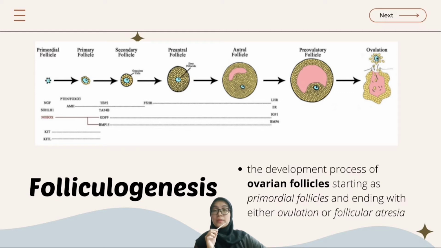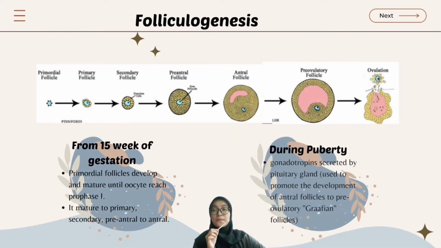Folliculogenesis is the development process of ovarian follicles starting at primordial follicles and ending with either ovulation or follicular atresia. Beginning from 15 weeks of gestation, the primordial follicles develop and mature until oocytes reach prophase 1. Primordial follicles mature to primary, secondary, preantral, to antral. During puberty, gonadotropins are secreted by the pituitary gland, which is used to promote the development of antral follicles to pre-ovulatory